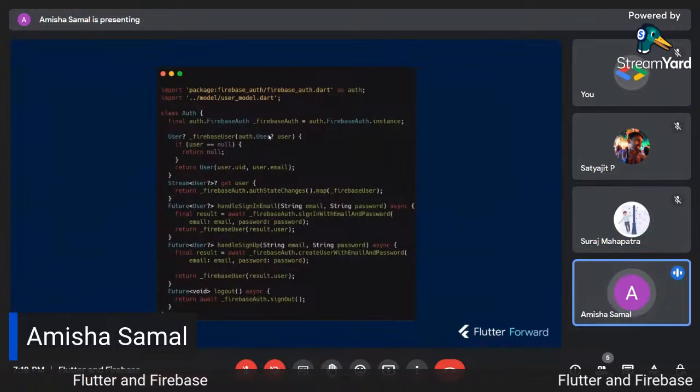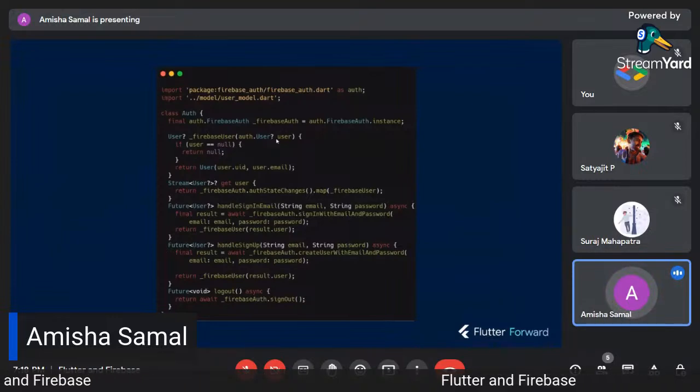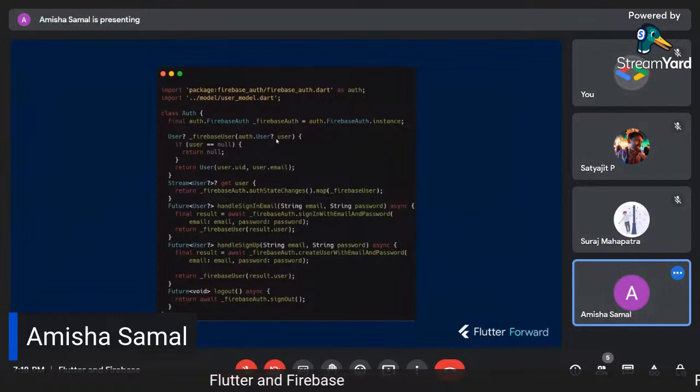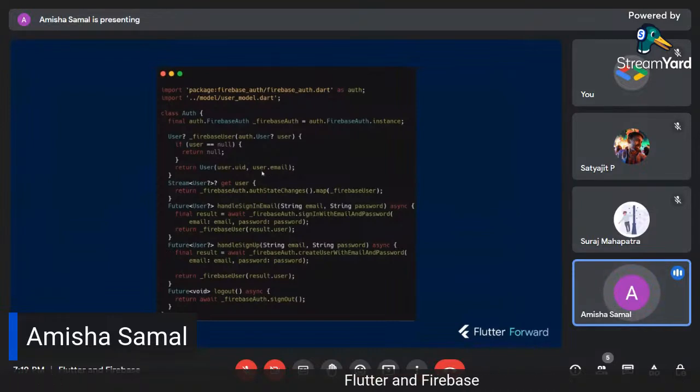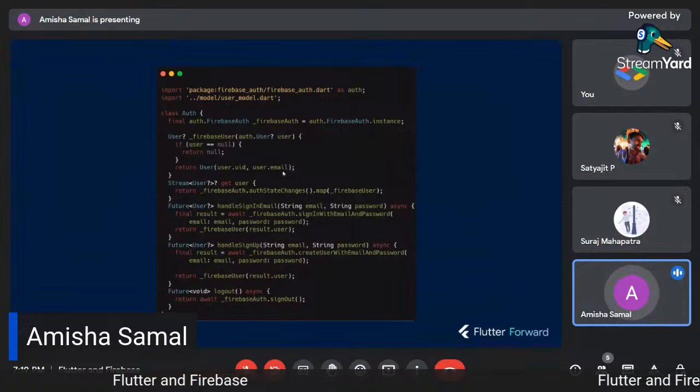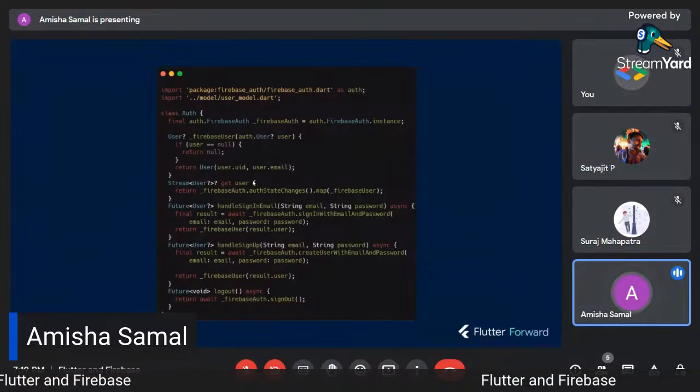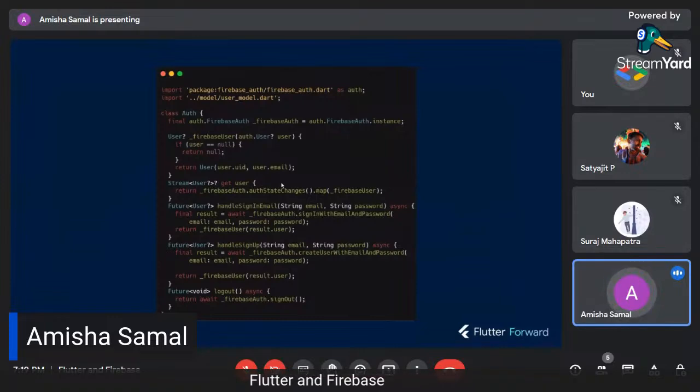Then we create the method that maps the data that comes from Firebase so that it matches our user model. Then we return null if the user object is null, and if it is not null, we return a user object and pass the UID and email as defined in our model class. Then we return a stream of users and map it so we can use our Firebase user